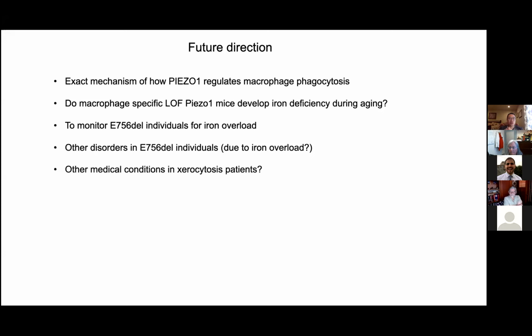So, and also we can keep exploring other mechanical, medical conditions in the rare xerocytosis patients to explore more research directions of how Piezo1 is important in mechanotransduction for